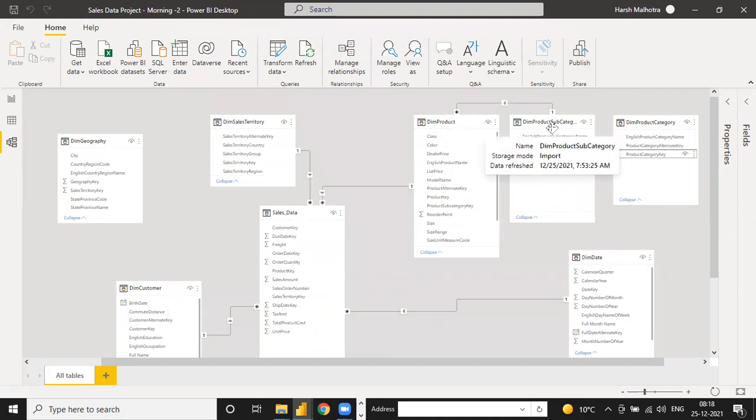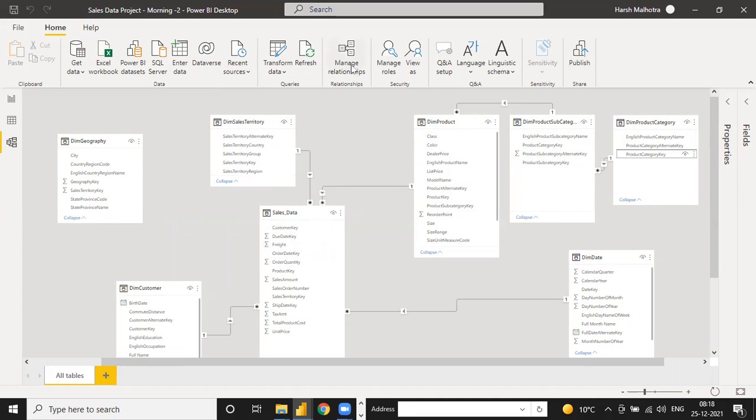The name is dimension, but this one is a fact table for this one, because under this table we have duplicate values, but under this table you have unique values. Same way, under this table you have duplicates, but under this you have unique values. So it is indirectly connected one by one, A to B, B to C, and C to D. It means A to B also, B to D also, or C to D also.